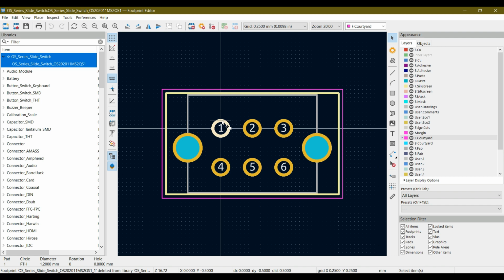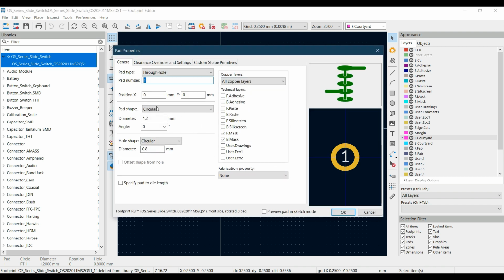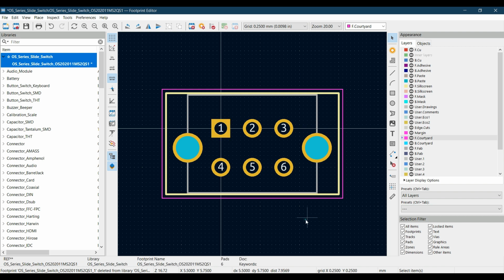So click on this pad 1, hit E, and you can change its pad shape from circular to rectangular and hit OK. Now in this way the uniqueness of the pad specifies that this is the pin number 1 of the toggle